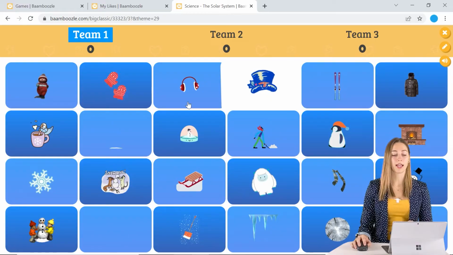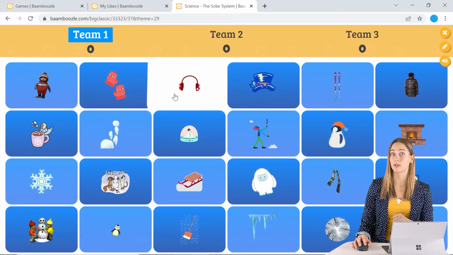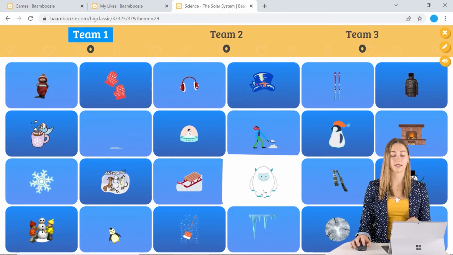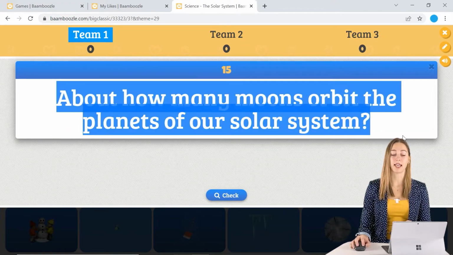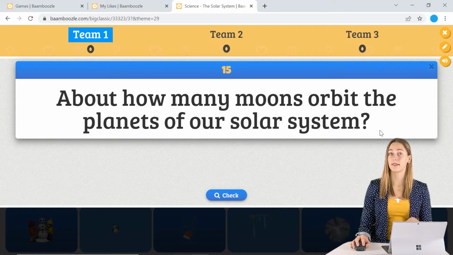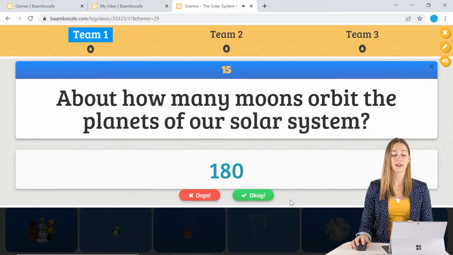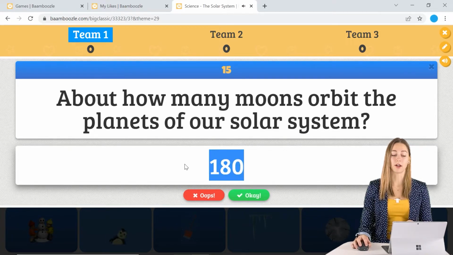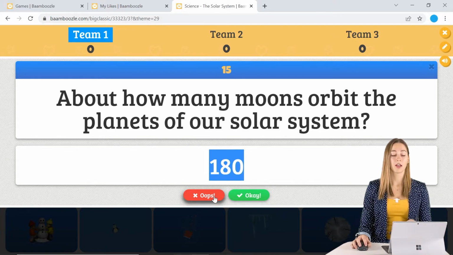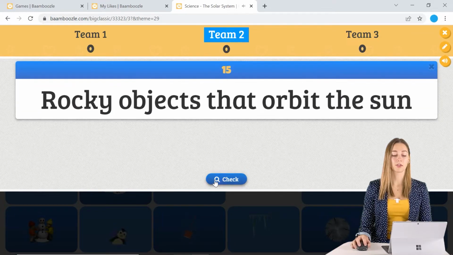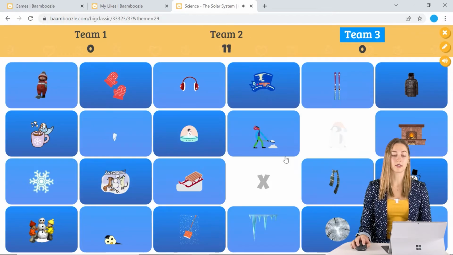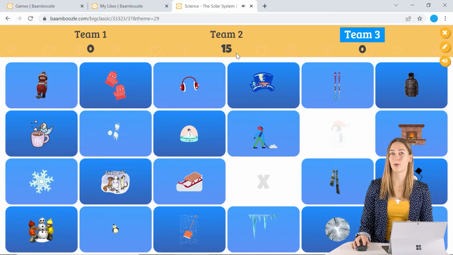If we've asked team 1, okay, which square do you want me to press? And they say the Yeti. We can go ahead and click that, and now that team will have to answer this question. Once they've given me the answer, I can click check, and it will show the answer, and I can mark if they got it right or wrong. So let's say they got it wrong, and those questions are gone. If another student answers this one and we get it right, it awards them some points.